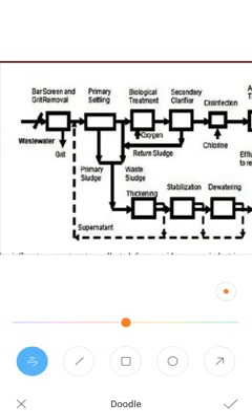Now, this is the flow diagram of the municipal wastewater. So in the first one, whatever I'm showing, from here, from the bar screen. So this is the screen where